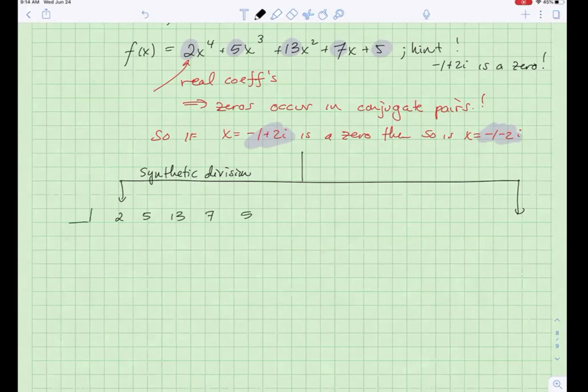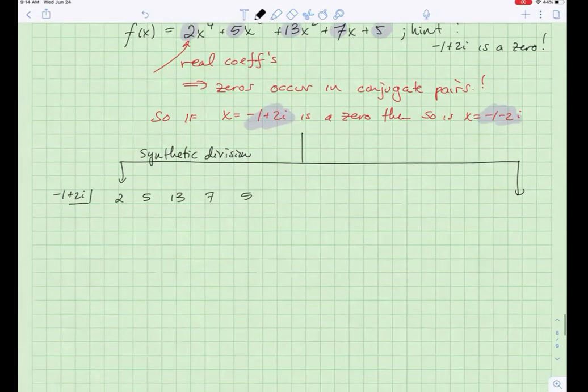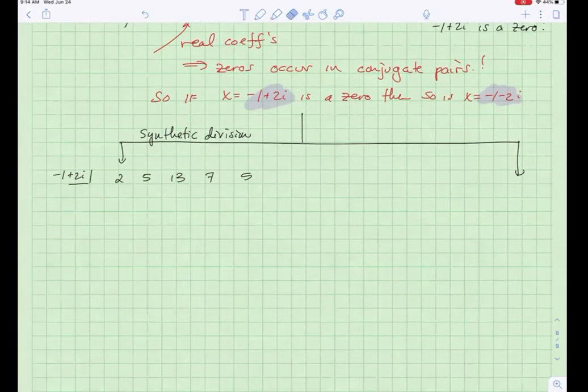But what 0 do we have? Well, now we have to do synthetic division with a complex number, and it'll totally work. But this is the 0, and that's what has to go in the crook here. Let me space these out a little bit. And that'll look like this, right? We'll bring down the 2,